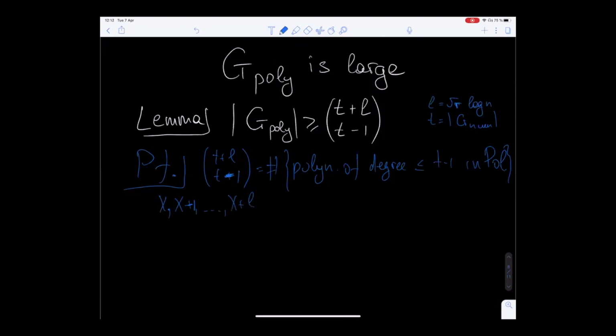So this is just counting how you can get degree at most t minus 1 by taking products of these polynomials. So the first thing to observe is that all these polynomials are different